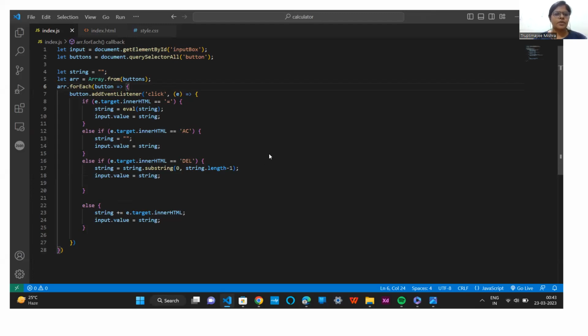Here, first I have given the input ID to the input, and then I have made the buttons. I selected all the buttons by using querySelectorAll, and next I made an empty string, and after that I made an array of the buttons so that the buttons are clickable and functional by adding the addEventListener. When someone clicks the equal to button, then it will evaluate the